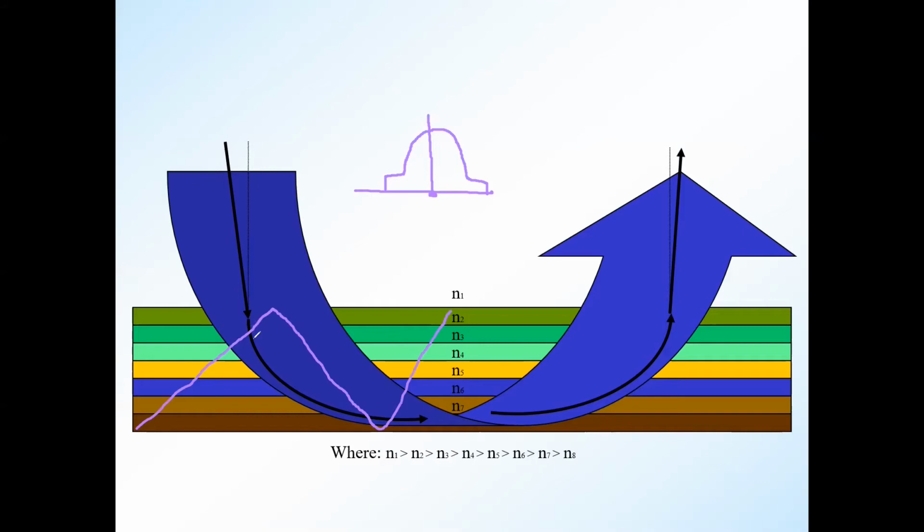every time it is moving away from the normal because it is moving from a denser medium to the rarer medium. So what happens is it keeps on bending, and because of the thin layers, this bend is very smooth, and instead of having a triangular path, now it is actually taking, if I have to draw, a sinusoidal path, right? Now, what is the advantage of this? This configuration gives you minimum dispersion.